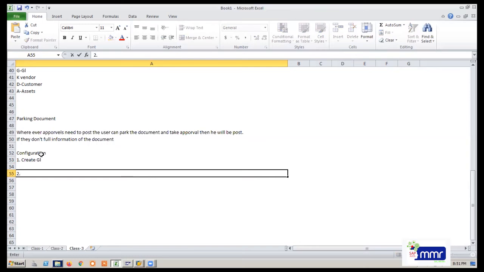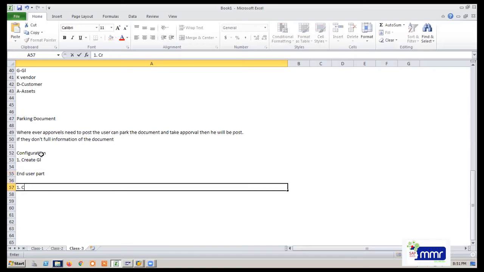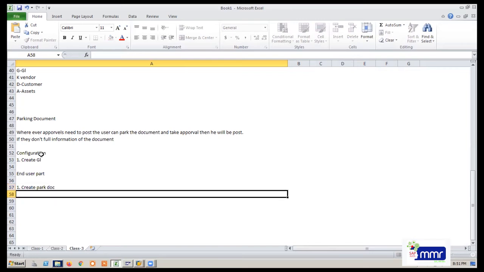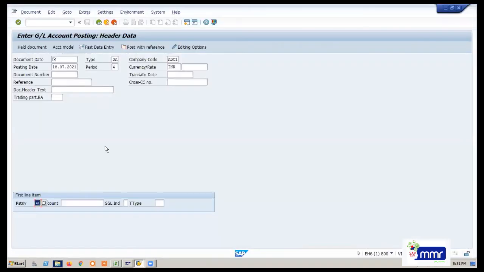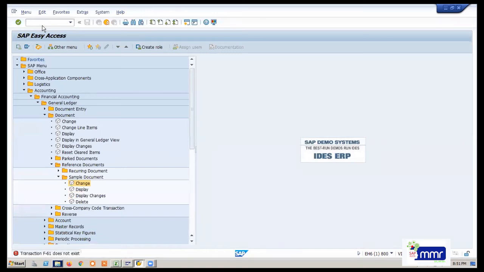Then you can post the transaction with parking, then you can see how the approval works. Now the end user part: create park document. Here, document means an entry in our accounting language. I'm showing you. You are going to create a parking document in F-61. There is a direct T code, F-61, I think. No, F-65.